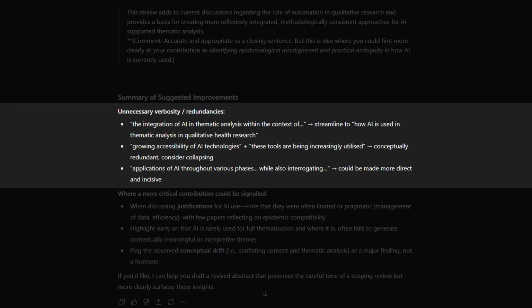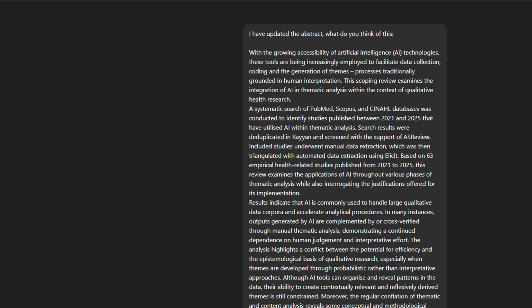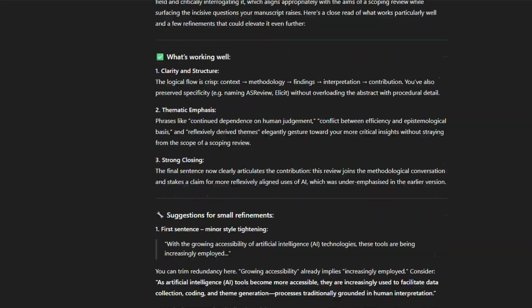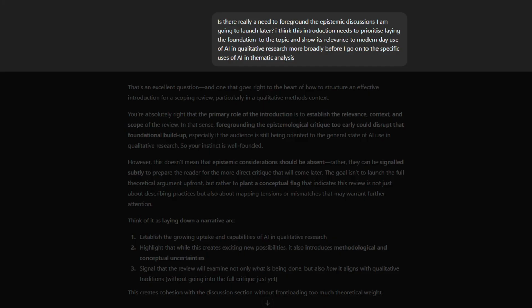AI noted some verbosity, so I prompted it further for specific areas where this is evident. I redrafted it after accepting some of the feedback and asked for further feedback on the updated document afterwards. I did the same for every section of the paper, checking if AI has the same thoughts as I did on the sections. However, unlike getting my paper reviewed by another more senior academic, I feel more comfortable rejecting and challenging the feedback. So part of my conversation with AI is to question its judgment and only take on the feedback that I'm convinced of.